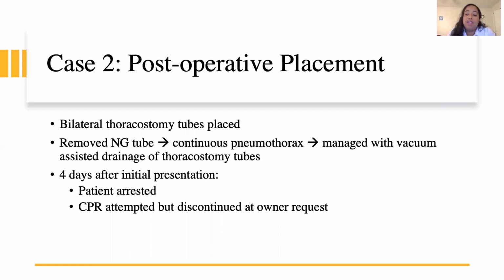So after reviewing the radiographs, the patient had bilateral thoracostomy tubes placed, and that was followed by the removal of the NG tube, which led to a subsequent continuous pneumothorax, but that was managed with vacuum-assisted drainage of the thoracostomy tubes. However, 4 days after initial presentation, the patient arrested and CPR was attempted, but it was discontinued at the